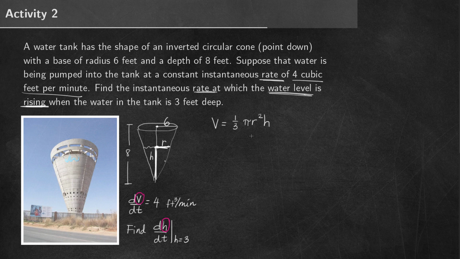But I don't have any information about dr/dt, so I want to try and avoid that. I also want to avoid having to do product rule here when I take my derivative. So if I could get that r out of the equation, that would really be helpful. I'd rather just have my right-hand side in terms of h. Can we come up with an equation that relates r and h so that I can substitute the r out